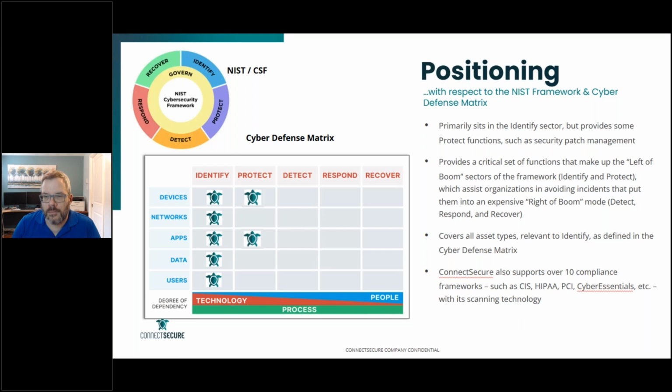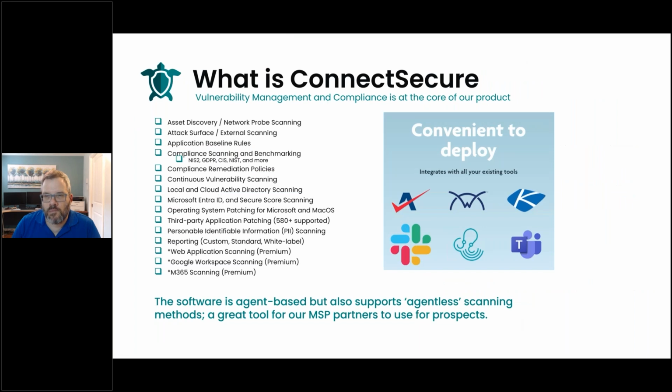So we'll call out there. And then in terms of the ConnectSecure product, I'm going to demo a lot of these features quickly with you guys today, just to give you a bird's eye view of it. I'm not going to word vomit all the features on the screen. All the folks here will get a copy of this deck. So this will call out all of the high level features that our product works in. But rather than sit here and read, I want to show you guys what those features actually look like,